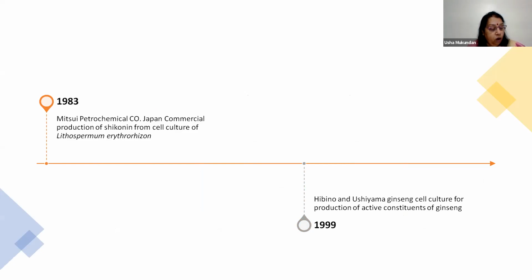So what they did was they had a product, shikonin, which is visible. That means you can select the cells because the compound is visually selectable. Second, it is an anthraquinone. It has antimicrobial activity, and this system was a very good system for a screening method and for scaling up. And the plant belongs to the family Boraginaceae, Lithospermum erythrorhizon, where the product is mainly in the root tissue.